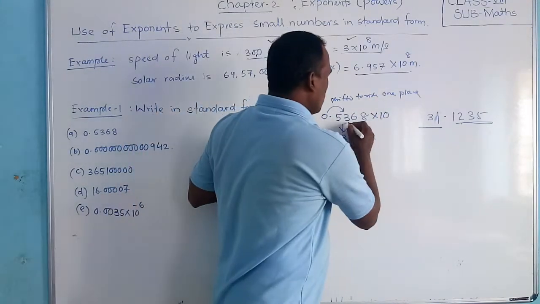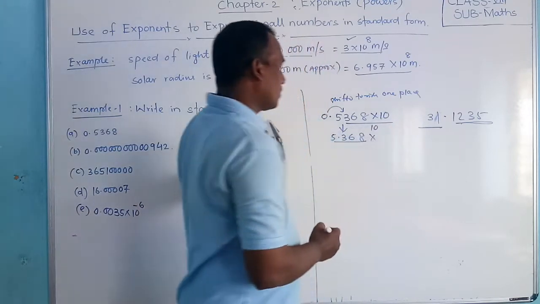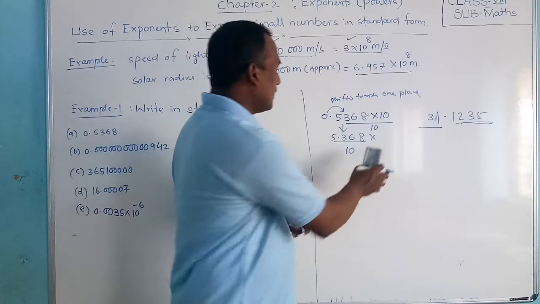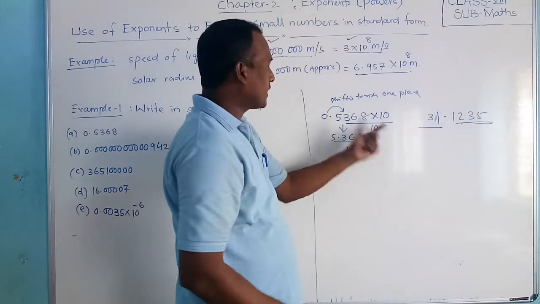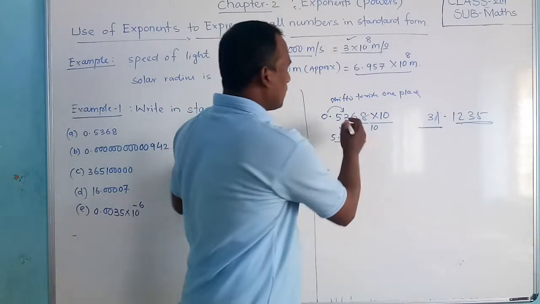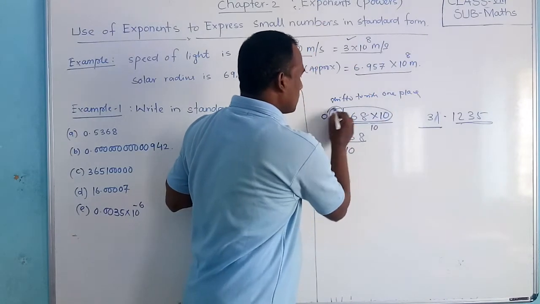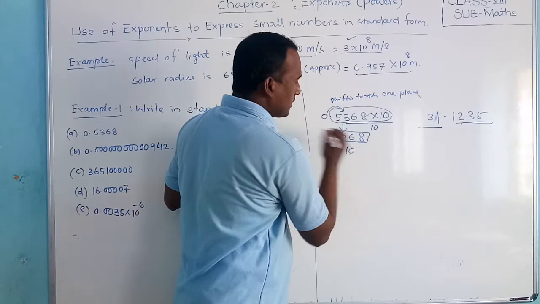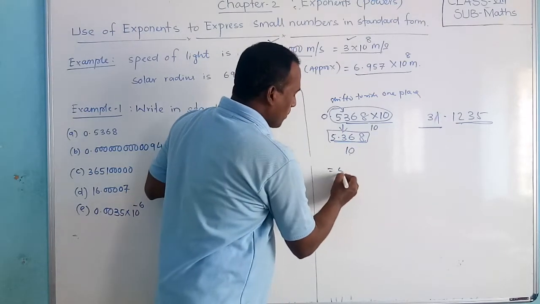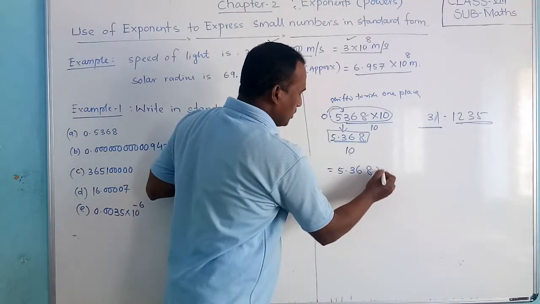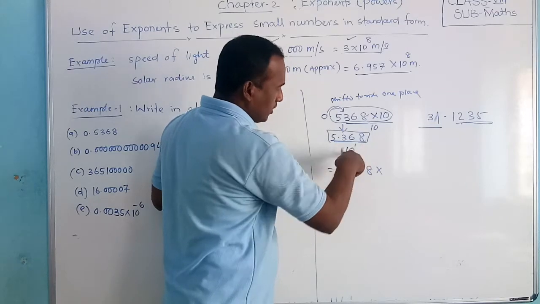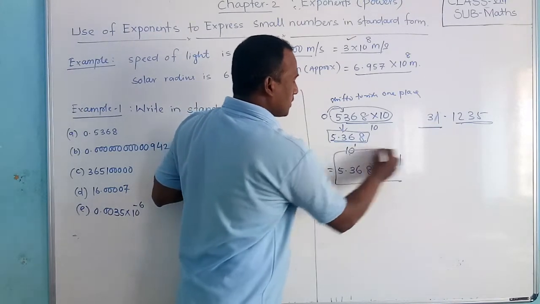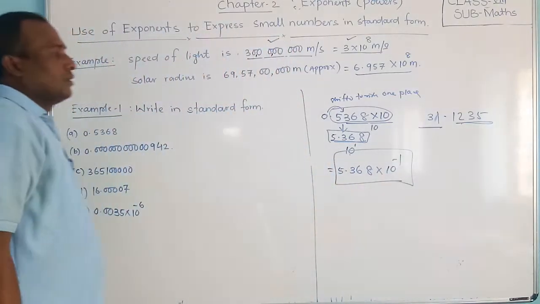That's why you have to divide it by 10 also. Okay, so I will write 10 here also. So I multiplied by 10 here and divided by 10. The 10 and 10 cancel, it's the same number. So first of all I multiplied this number. Okay, then it becomes like this. Now 10 power 1 remains. So now what should you write? Now 5.368 into 10 power 1 in the denominator, the reciprocal. We can write it like this, minus 1. This is our standard form. Are you clear?